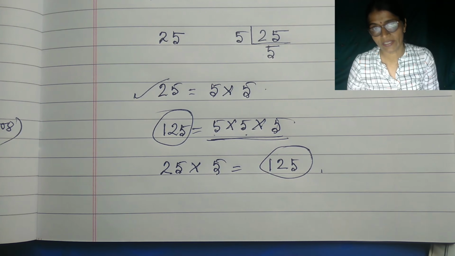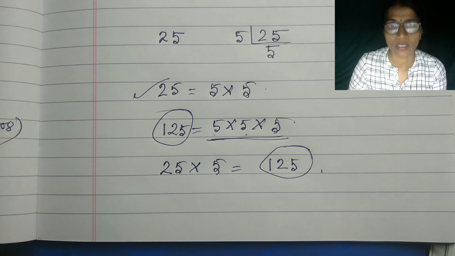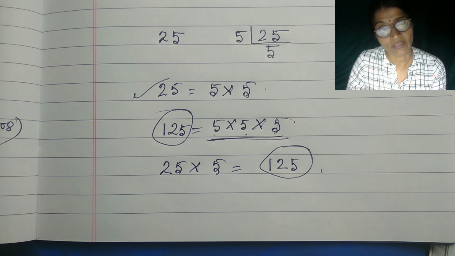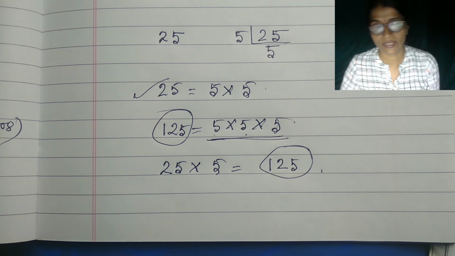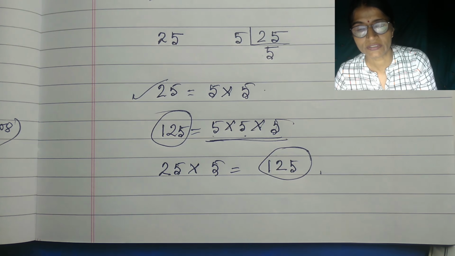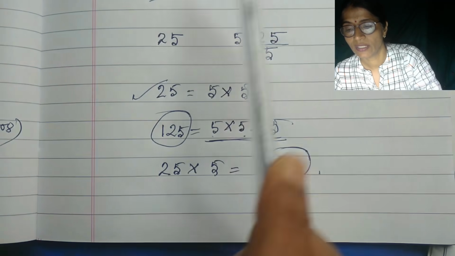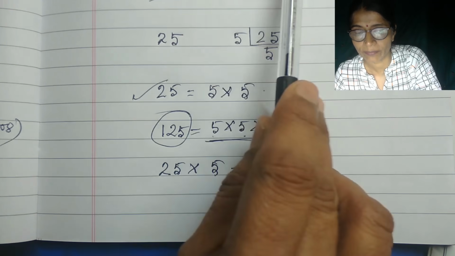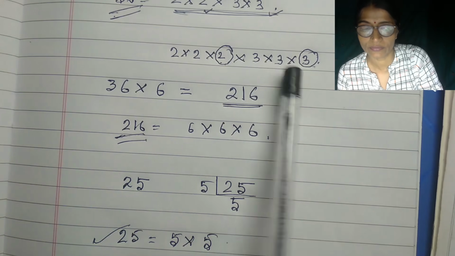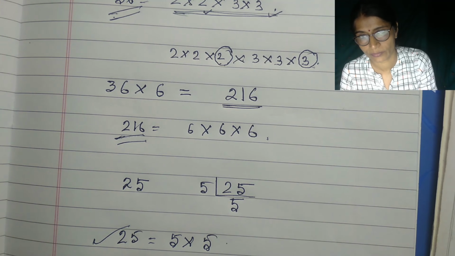So if I have to find out whether a given number is a perfect cube or not, I can find out with the help of the prime factorization method. Now, if it is not a perfect cube, then by multiplying that number by a particular number, whatever product is formed will be a perfect cube. So how will I get it? I'll try to make the triplets. Whatever is left to complete the triplets, I'll multiply the number by those. Then whatever the product is, that will be a perfect cube.